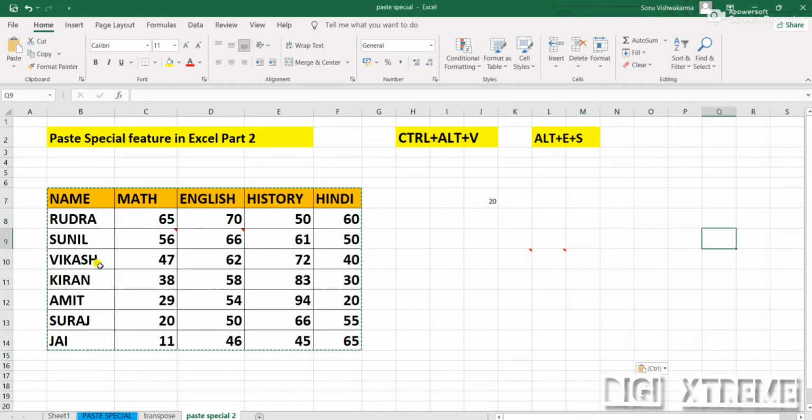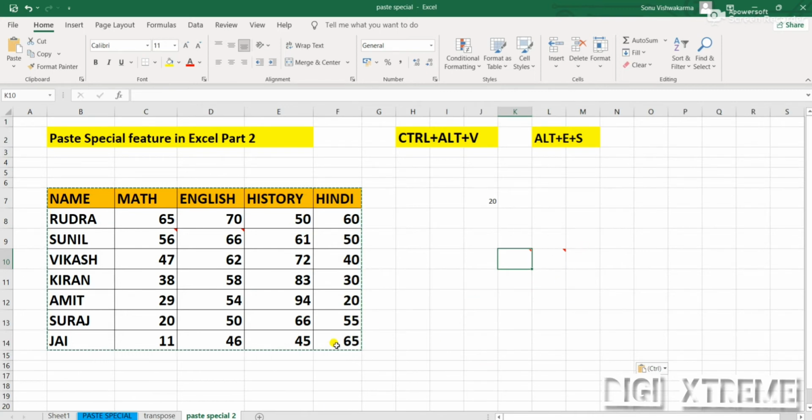You can see we did not get any data, because we applied special paste for comments only. We have copied the comment only. So this is the comment feature of paste special. If you want to copy only the comment of a particular cell and paste it over some other data, you can simply copy the comment with this function.